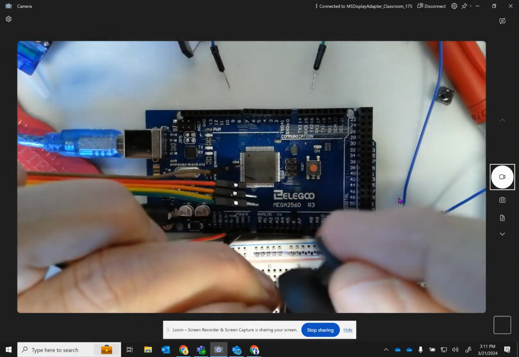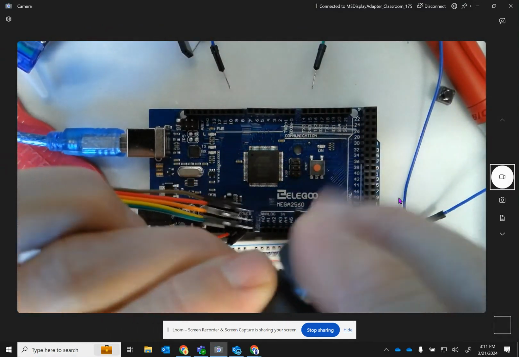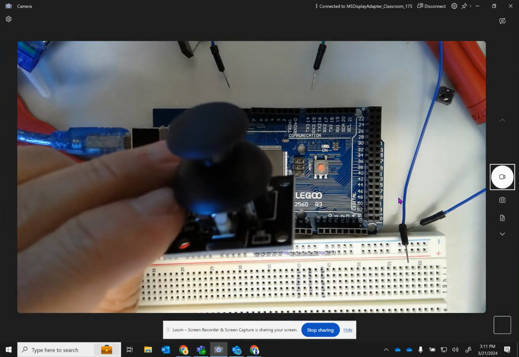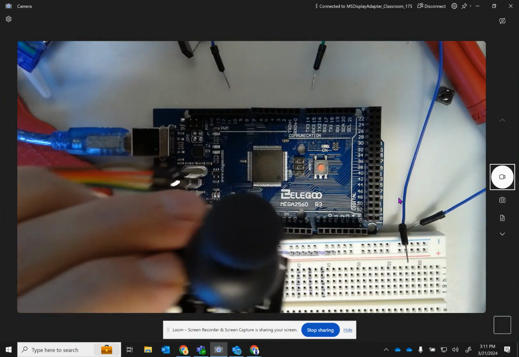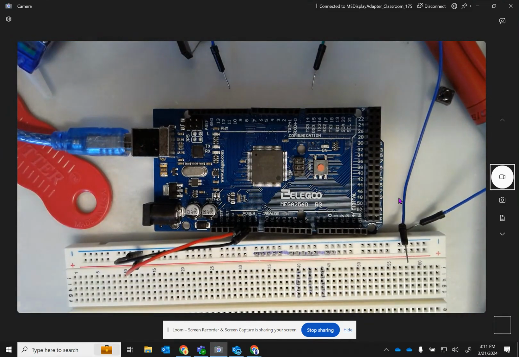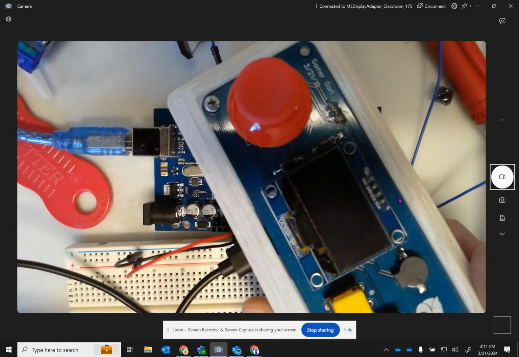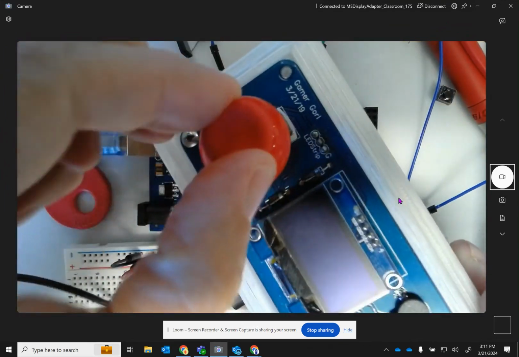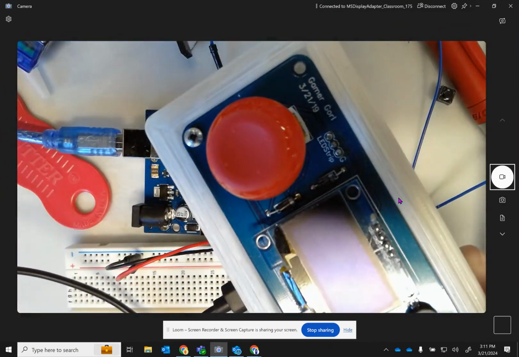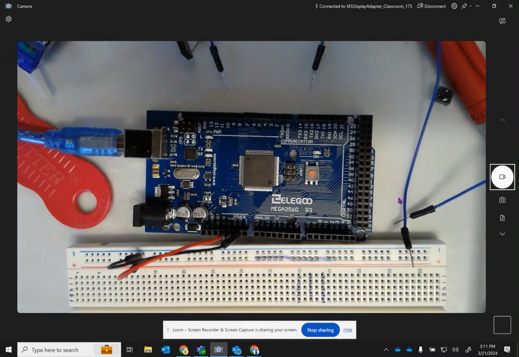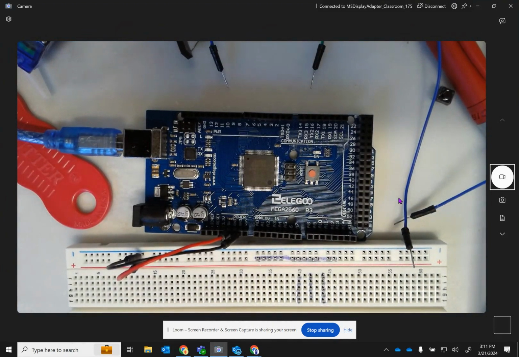For instance, if you were going to make a small video game, then you would have to use the analog ports, which is what I did on this. Here's a little joystick, right? So analog is joysticks,